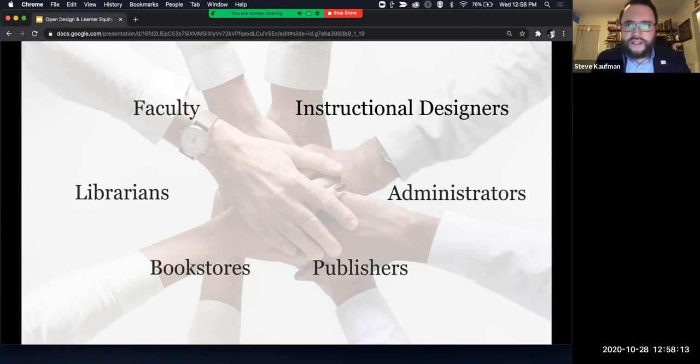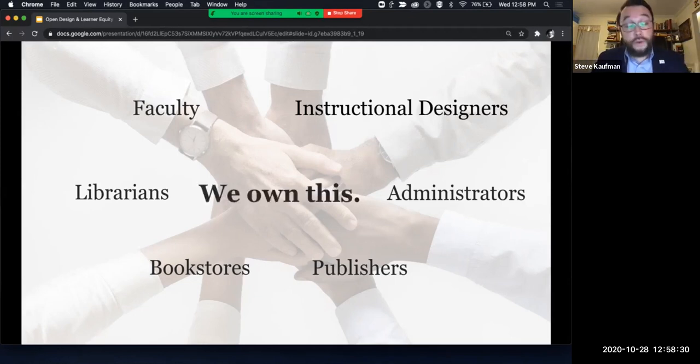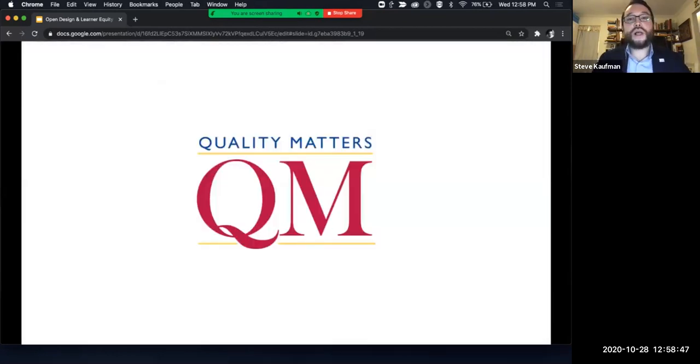So who's responsible for this? Is it the bookstore's fault because there's markup? Well, not necessarily. Is it the publisher's fault? Well, they have to recoup their costs. I understand some of these textbooks cost hundreds of thousands of dollars to produce. So I get it. Is it administration or faculty fault, instructional designers, librarians? The point is, we all own this. We all have a duty and a role to serve on our campus to help address this and make sure that students have a more equitable environment. And that's something that I'm really passionate about, and I'm going to give you some additional resources on how to answer this question on your campus. So income quality matters, right?